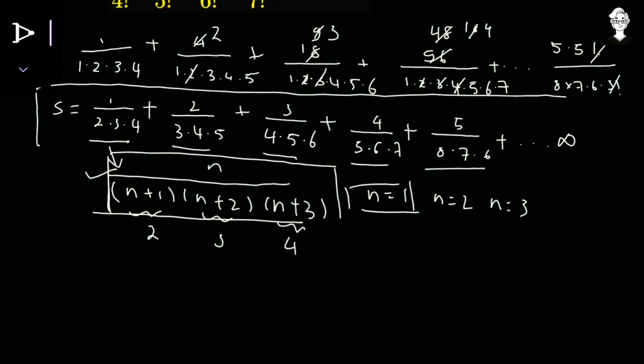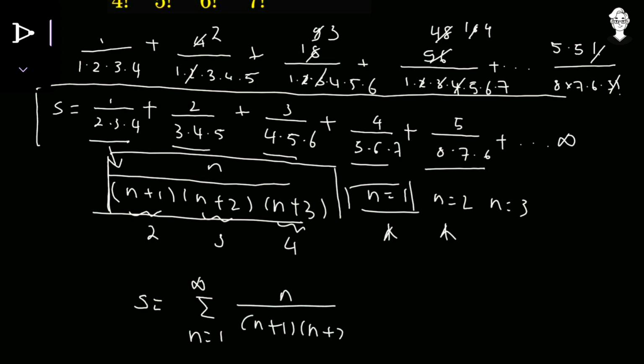So now this particular pattern is present in this s, and all the terms are just generated by keeping n equals 1, then 2, then 3. And the second thing that we have to do is add all these. So because of this pattern, the same s can be written as the sum of n equals 1 up till infinity of n upon (n plus 1) into (n plus 2) into (n plus 3).